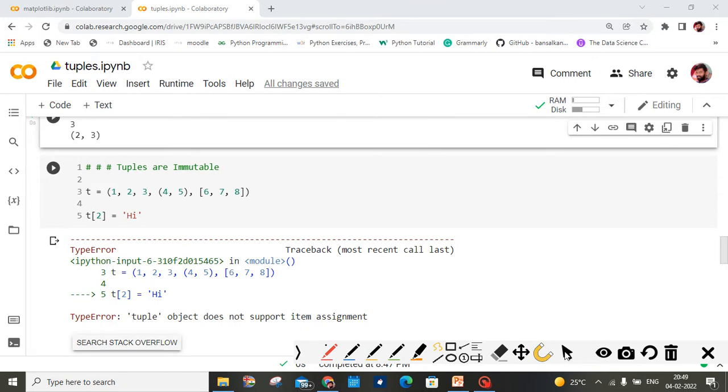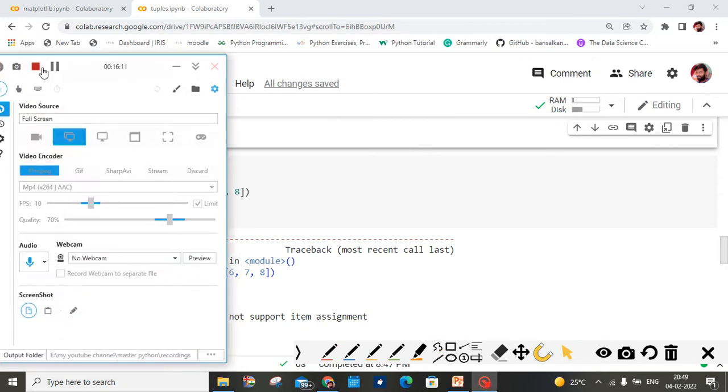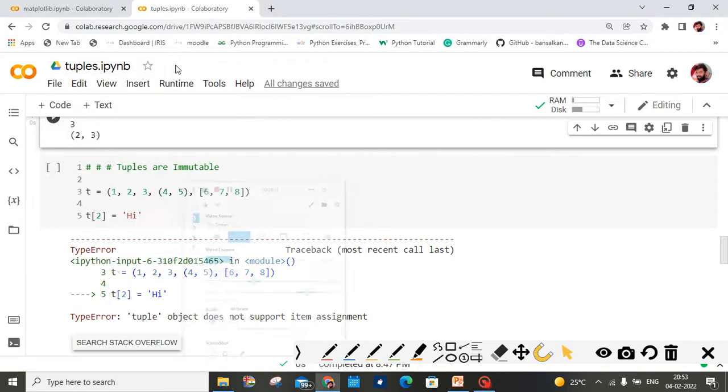Now wait a second. Yeah, I am here. Here, at the index 2 I'm going to assign some value. 0th index, first index, second index.